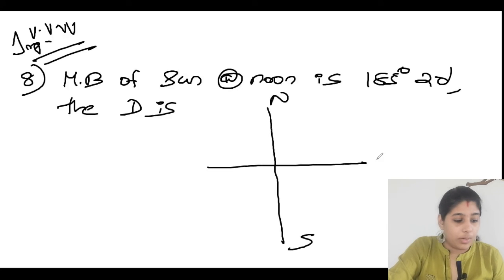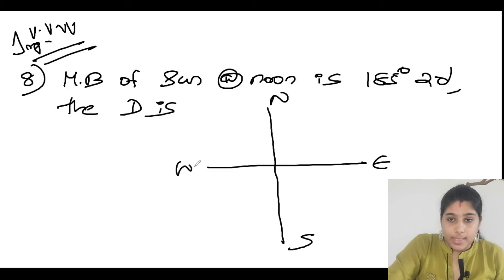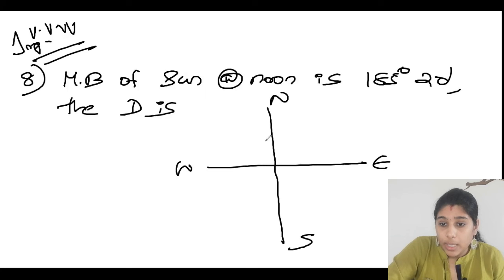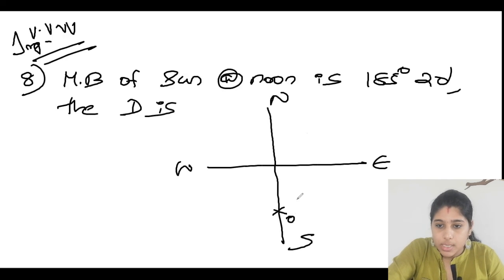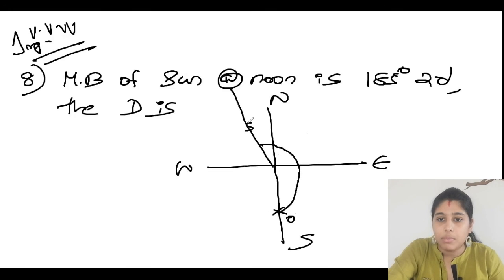North, east, south and west. Every time you have to think, okay, this south will be the end point. Nothing can go beyond south. Okay, this will be the zero. You have to imagine that. So from here just think 185, that means till here it is 180 and exceeded, this will be 185. So till here it is 180, so the balance will be what, 5 degree 20 minute.